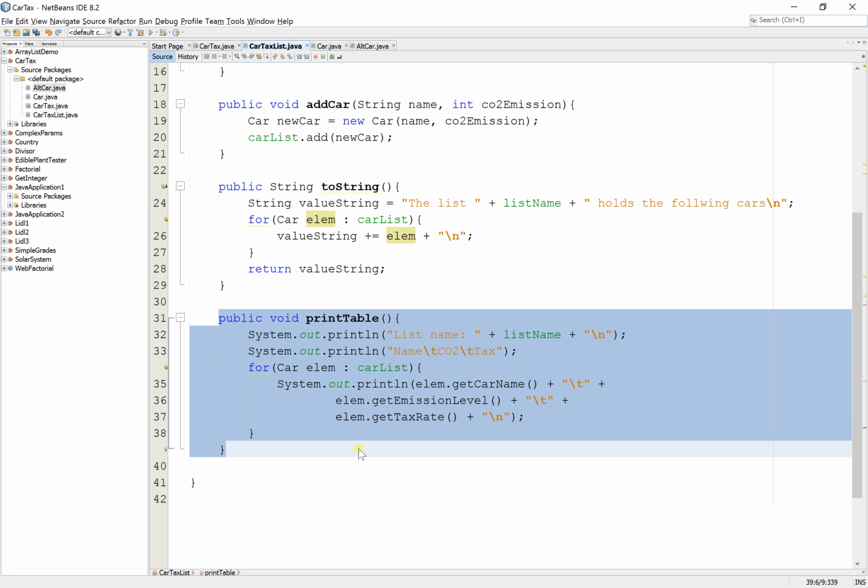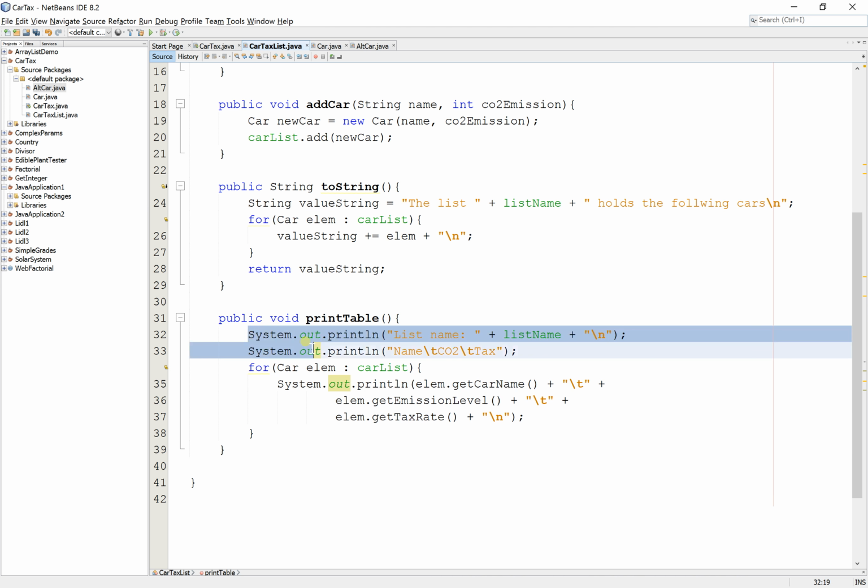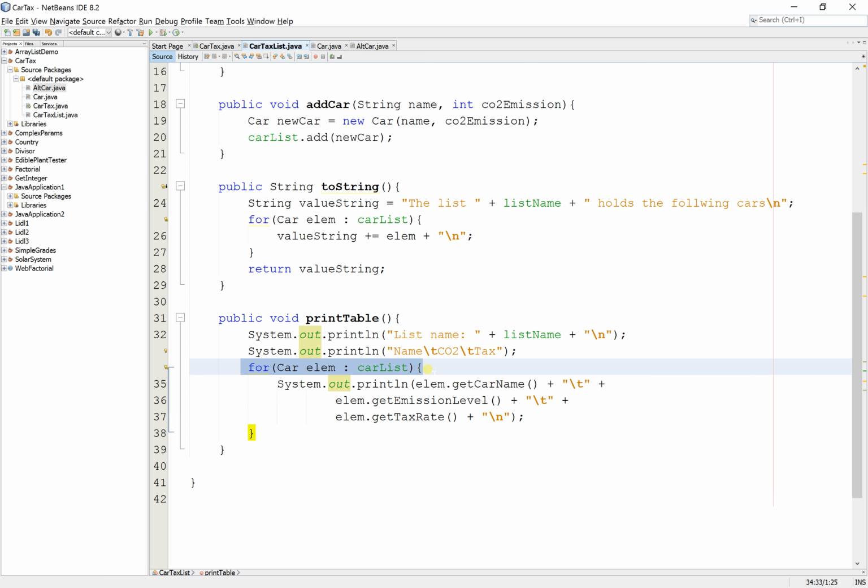Here we've got our print table method, and again we've got a couple of lines. One is the list name at the top, then there's a header, and notice we're using these \t or tab characters to format the list. And then again we go over the car list using a loop, and for each car we call its getName method, its getEmission level method, and its getTaxRate method to get the name, emission level and tax rate